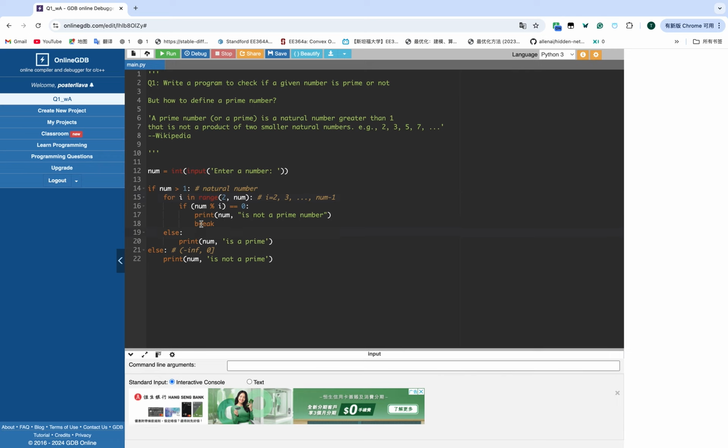And if finally we couldn't find the two smaller factors, then it is okay to say that the number is actually a prime number. So we use this else branch, which means that if this for iteration goes through normally and doesn't break out of the iteration, it will naturally go into the else branch, and finally it prints out that message